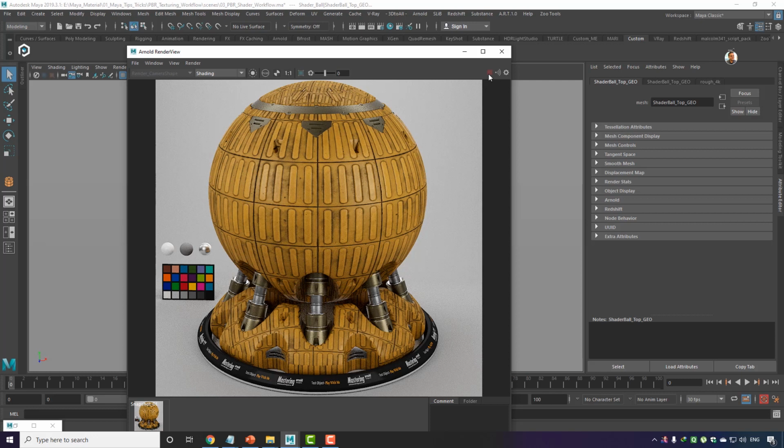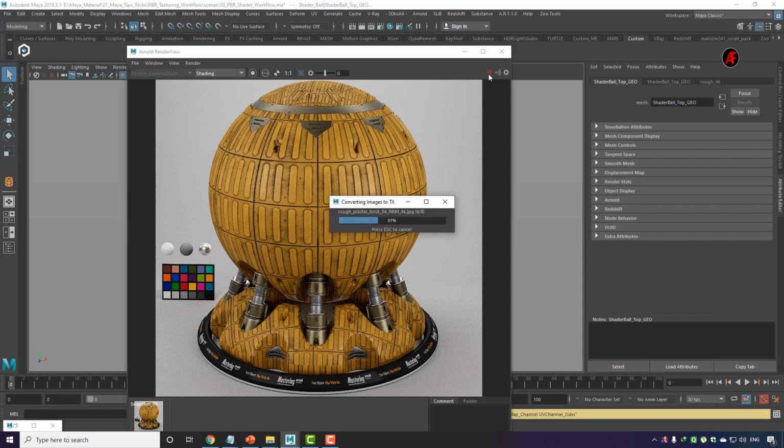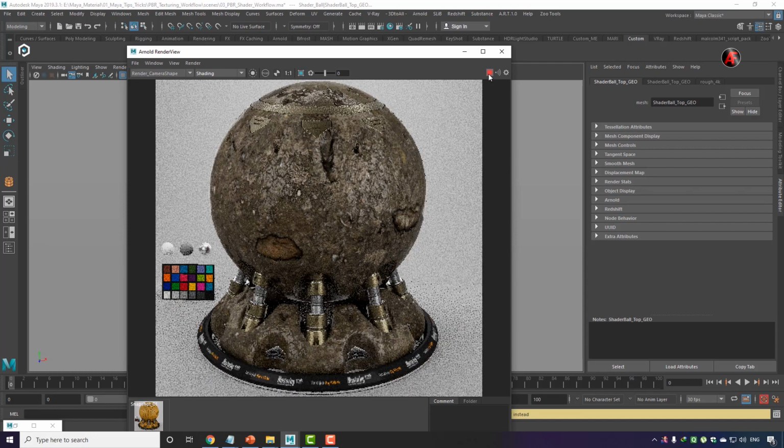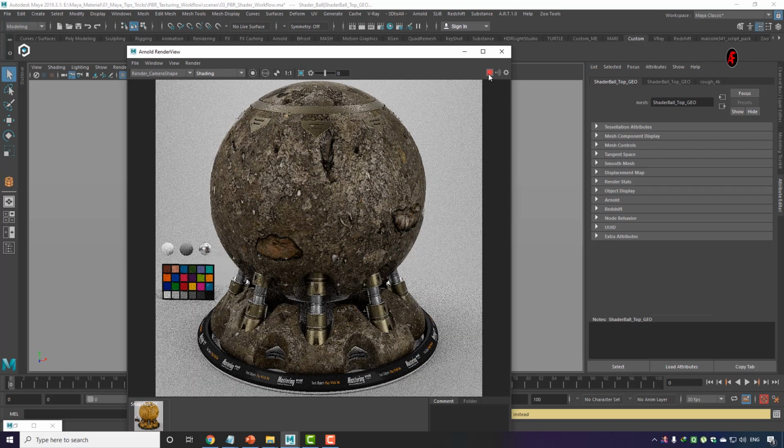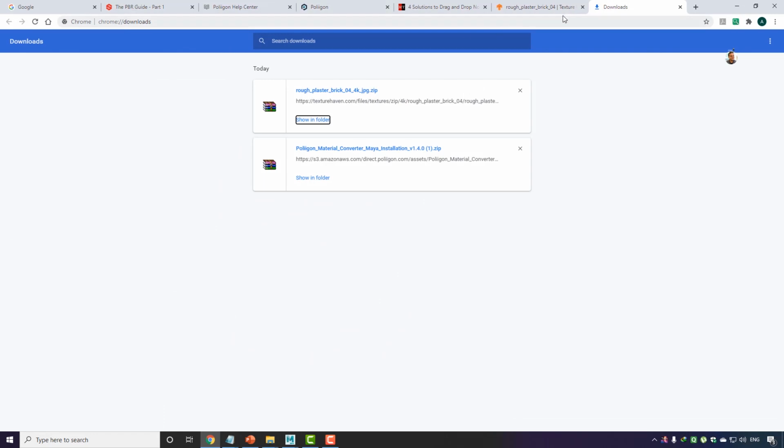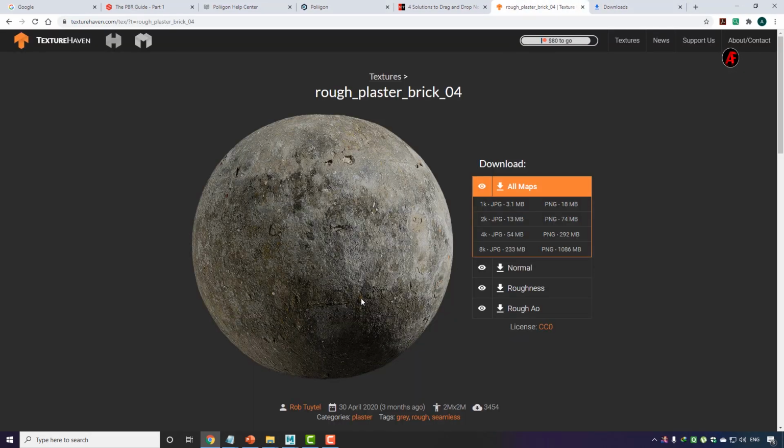Again it's going to take a little bit of time for converting those JPEG into a TX. Whoa, so again you can see it's pretty big in size, I believe, which we have downloaded from here.